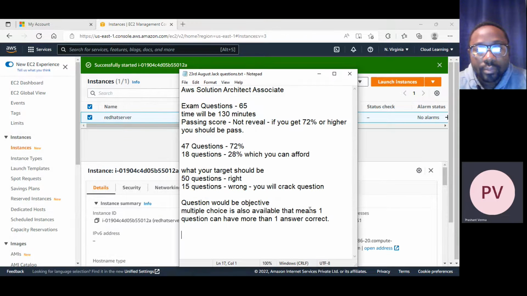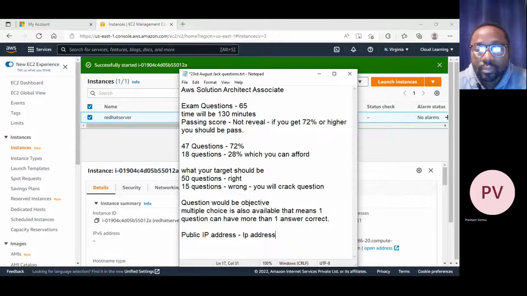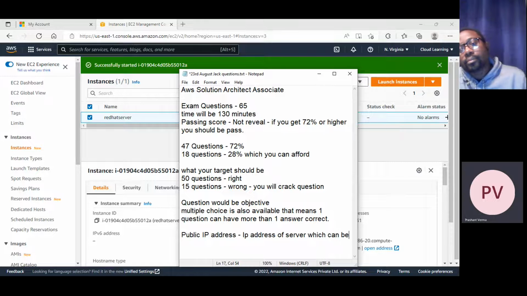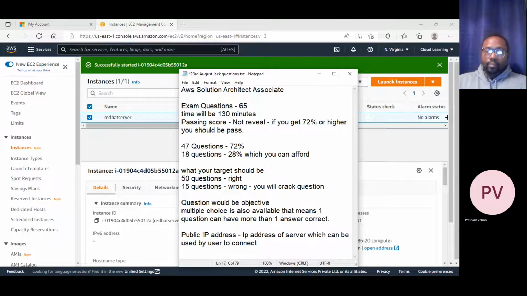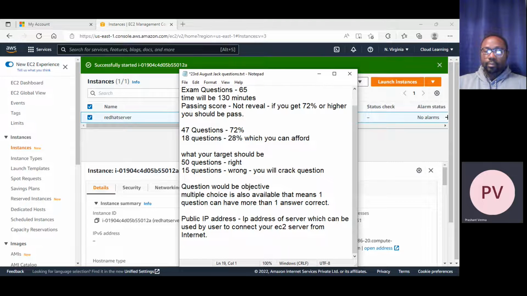The public IP address is the IP address of the server which can be used by a user to connect to your AWS EC2 server from the internet. You can access it via the internet. The private IP address is the internal IP address of the server.